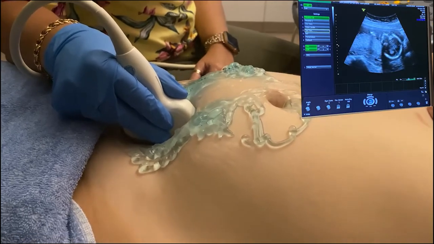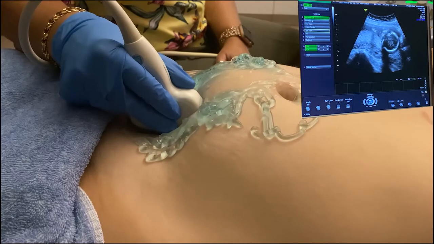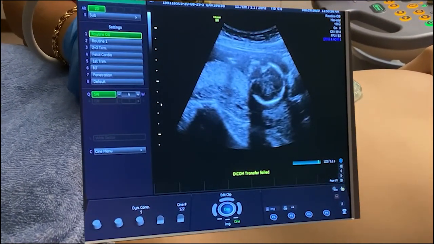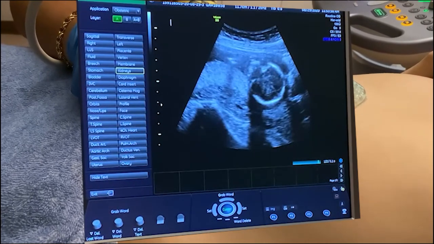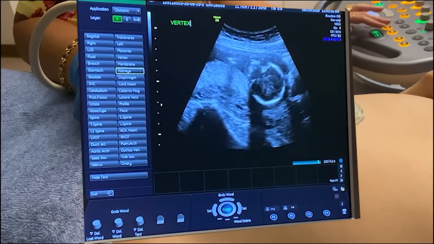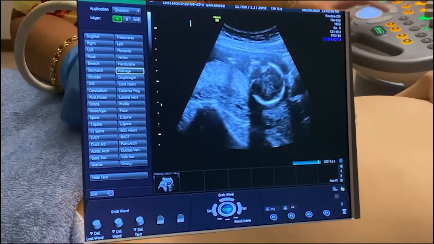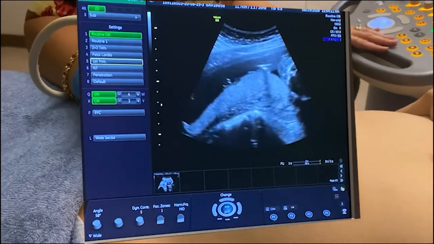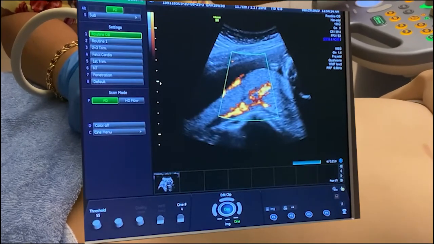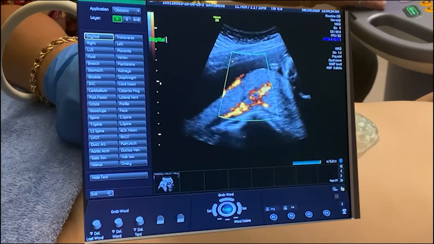So we see here, because mom is the only known, that the head is down. So this is a vertex presentation. So we have a vertex presentation, and we're going to label it. And why do we care about vertex presentation? Because this is where we get fetal situs from. And then we're going to also label, and you can do this all in one shot. We'll just do something like this, where we put sagittal placenta,